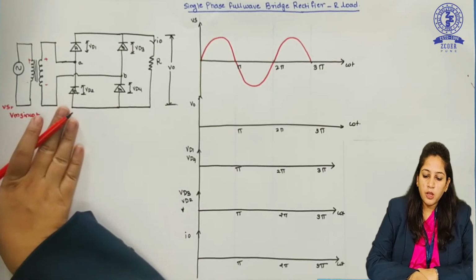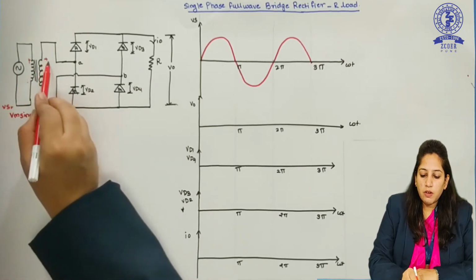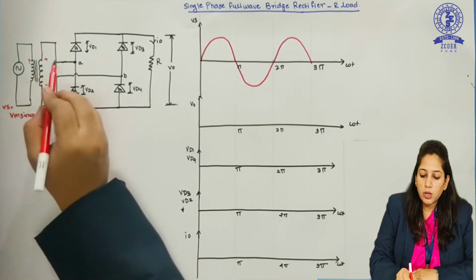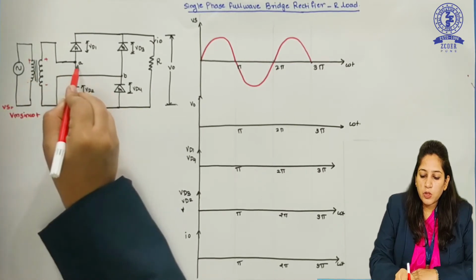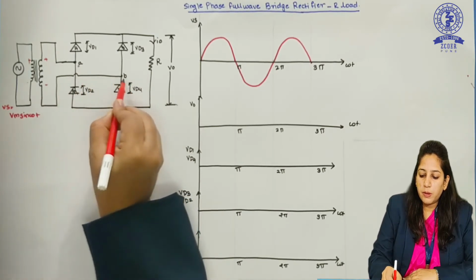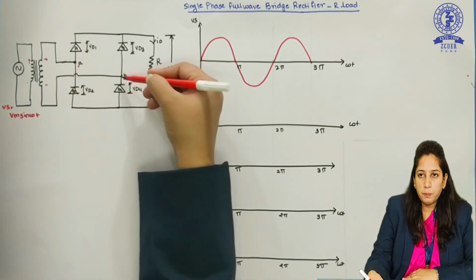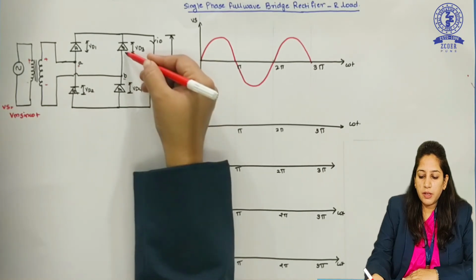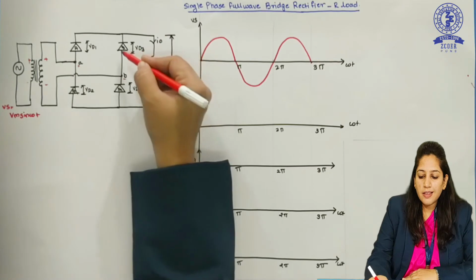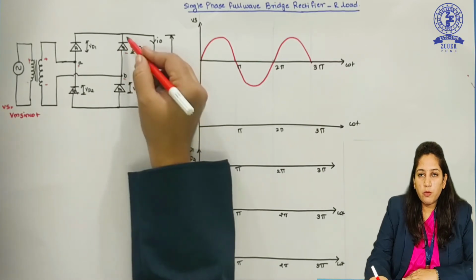Okay. So now first of all, here it will be plus and minus. So there will be positive half cycle, then it will be plus and minus. So here my point A will be more positive with respect to point B. So my point A will be more positive with respect to B. So if this is negative, then here also at D3 it will become negative. And as the positive terminal of D3 is becoming negative, that means D3 will not be working, that is it will not be forward biased.